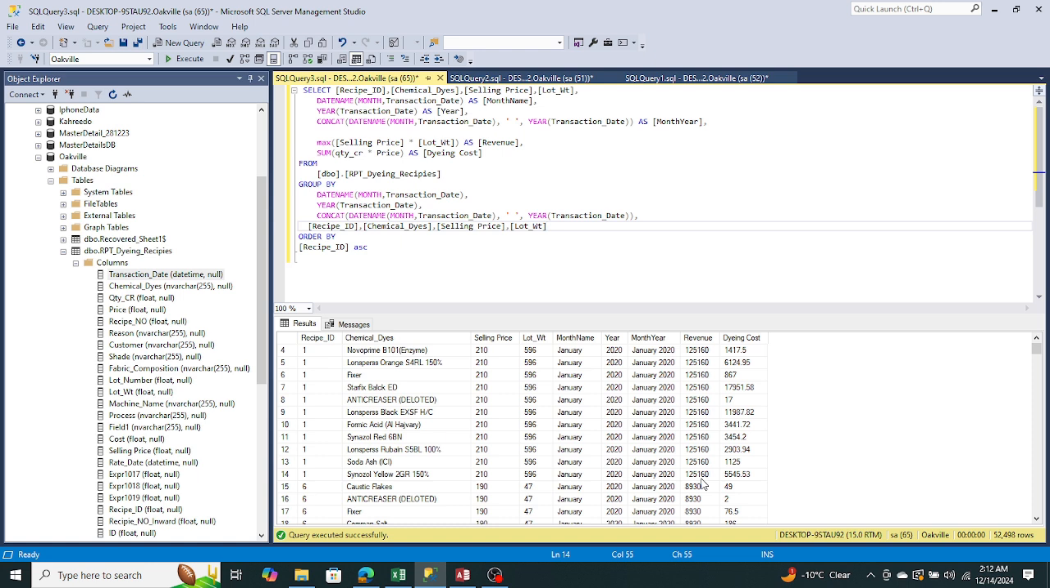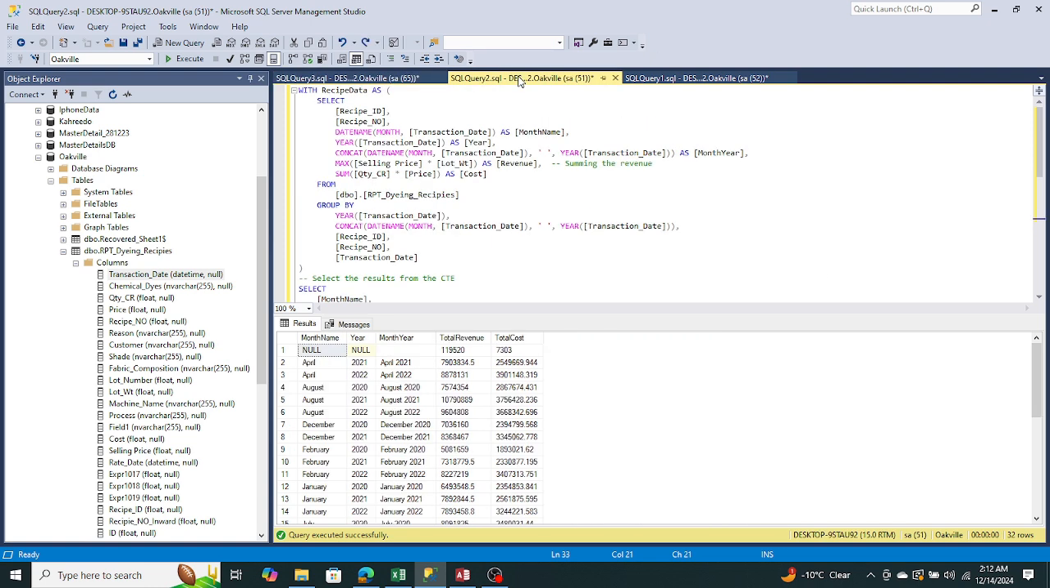To achieve our goal, there are two options we can use in SQL: a CTE, common table expression, or the temp table. So today we look into both of these, how we achieve our goal of total revenue and total cost, total revenue minus total cost. Okay, so let's see. First, we go to the